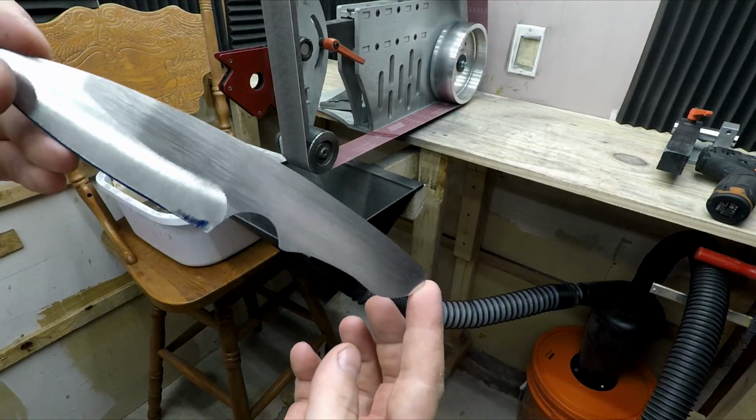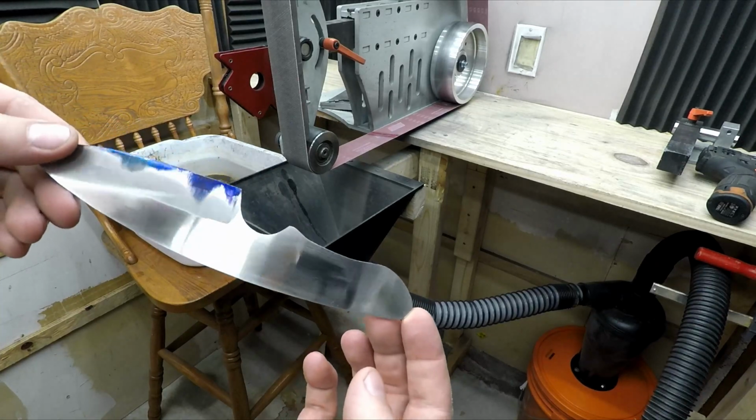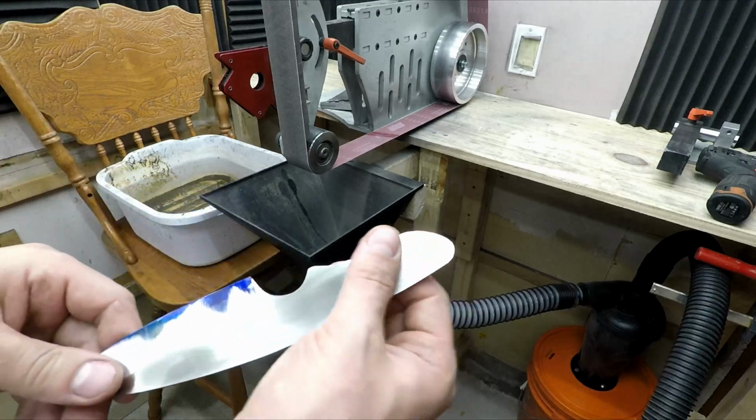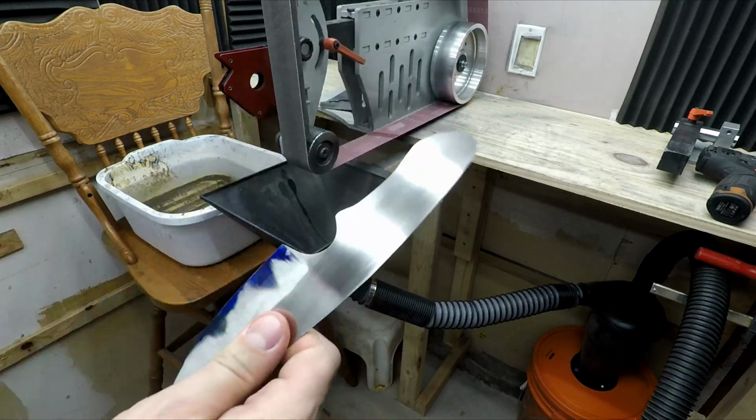Here's the 120 grit ceramic finish. And there's the Norax X30. That did a great job. That'll save a lot of time hand sanding. But the one thing that I noticed